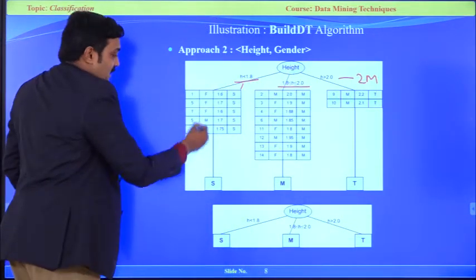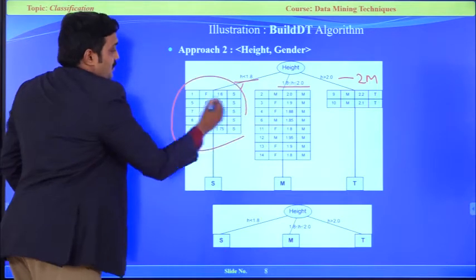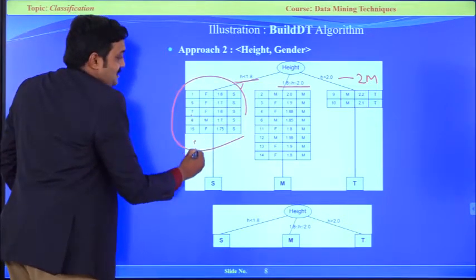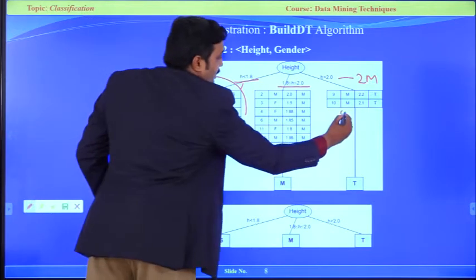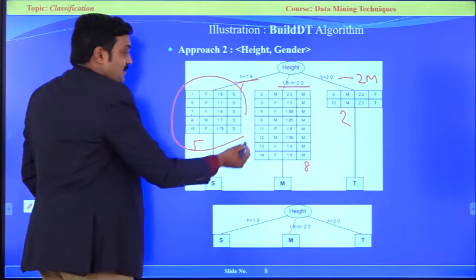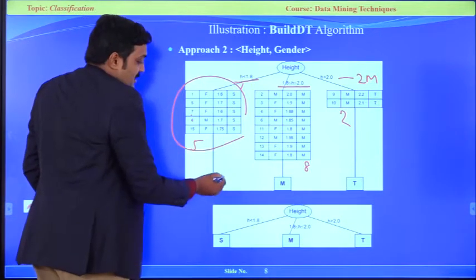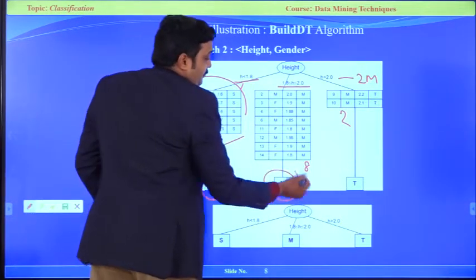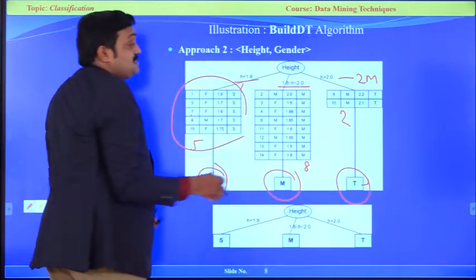So based on the data I got 1, 2, 3, 4, 5 records. Here I got 2 records, the rest 8 records here. Then based on the values, easily smaller, medium, taller. Based on the values, easily I can say that.